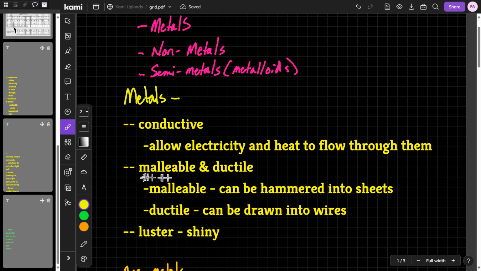Okay, metals are also malleable and ductile. Malleable comes from this root right here. Mallet is a hammer. If you have ever used a mallet before, on your xylophones, or